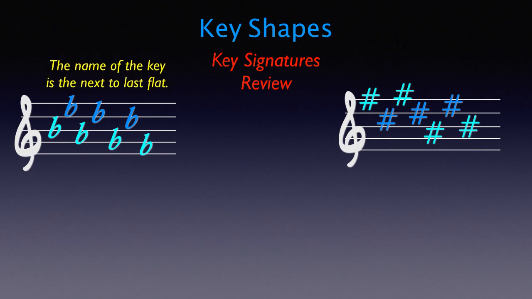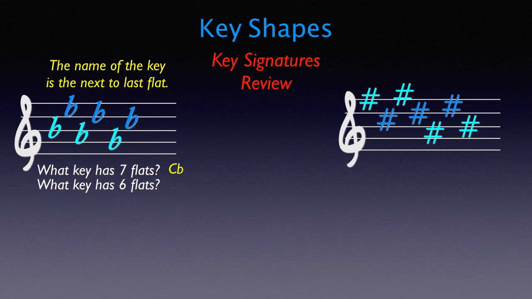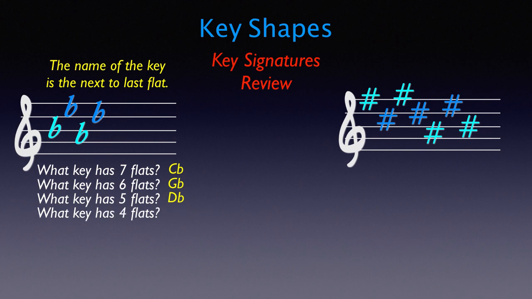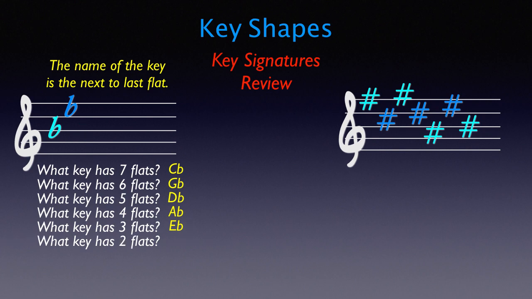A little bit of quick review. The name of the key is the next to last flat, so if you have 7 flats, it's the key of C flat. If you have 6 flats, the next to last is G flat. Next to last with 5 flats is, next to last with 4 flats is, next to last with 3 flats is, next to last with 2 flats is,